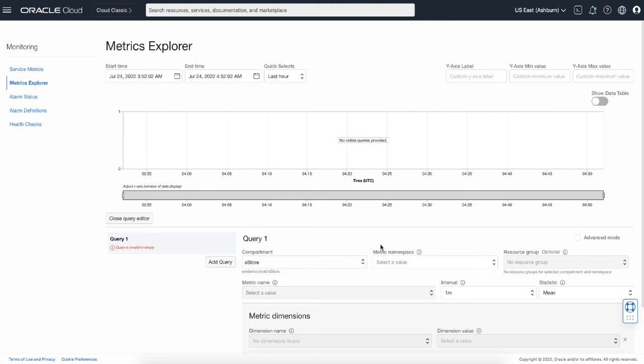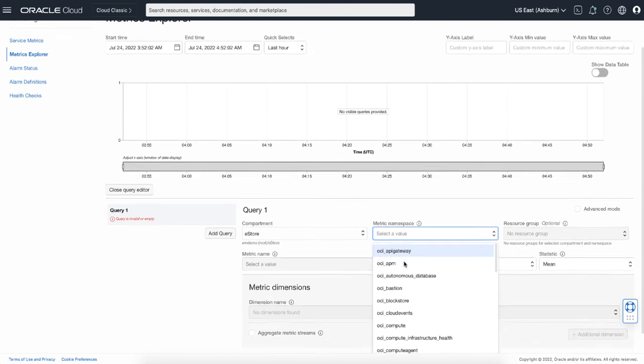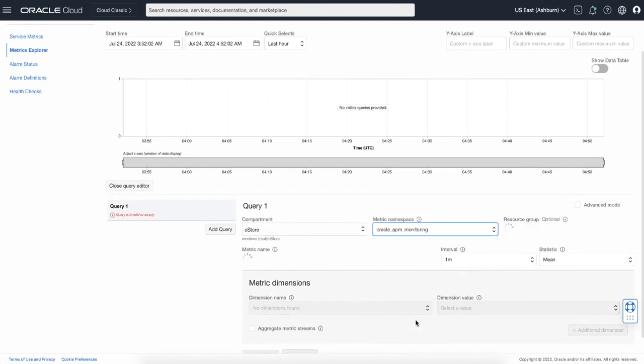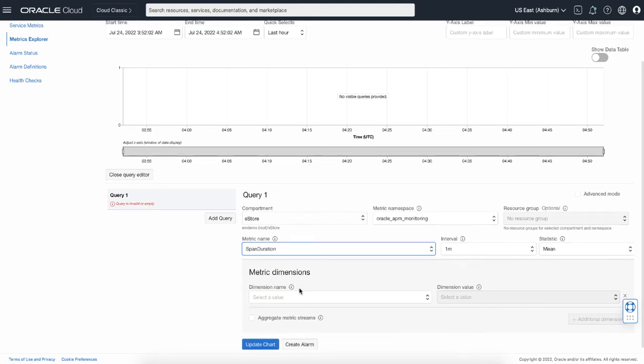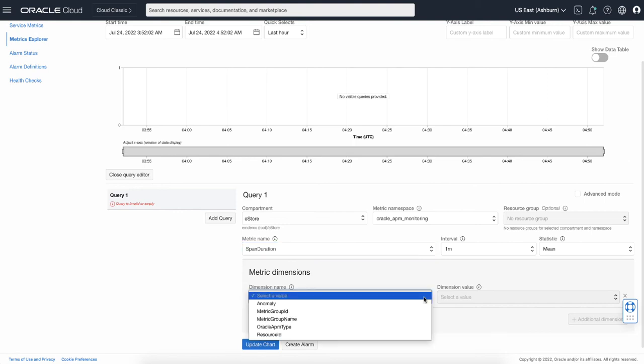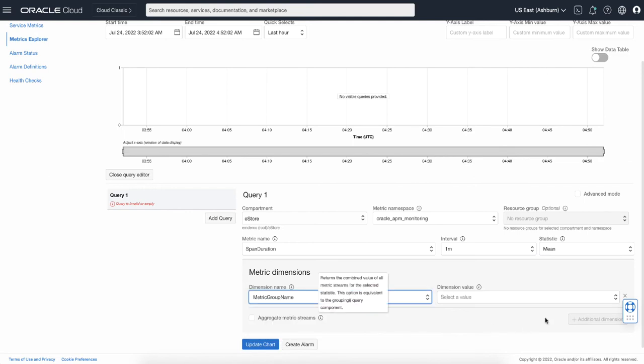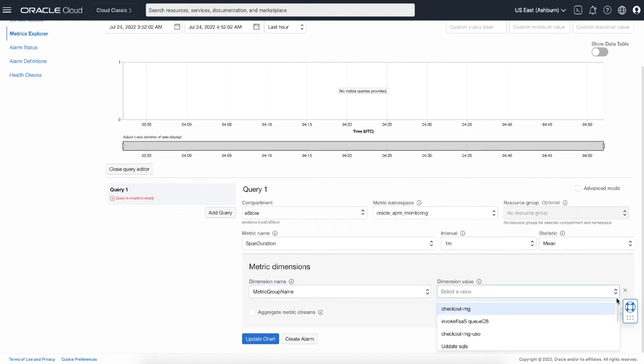Once again, I am at the Metric Explorer page. Select the compartment and select the metric namespace. Then select the metric name. Here I'm going to select span duration because that is the metric which was used in the metric group. Next, from the dimension name pull-down menu, select the metric group name and select the metric group. Here I know that is checkout MG. Click Update Chart